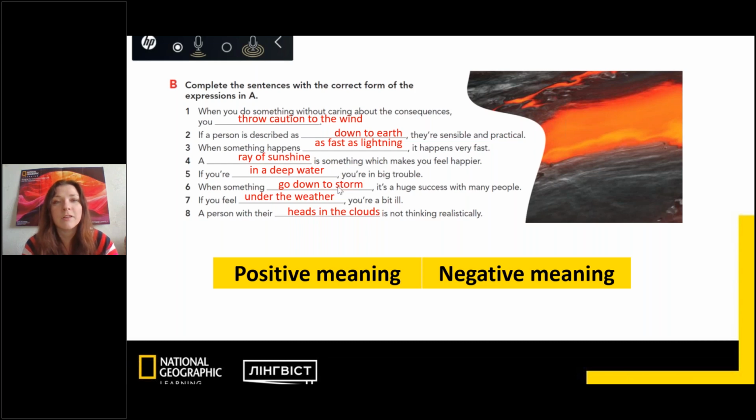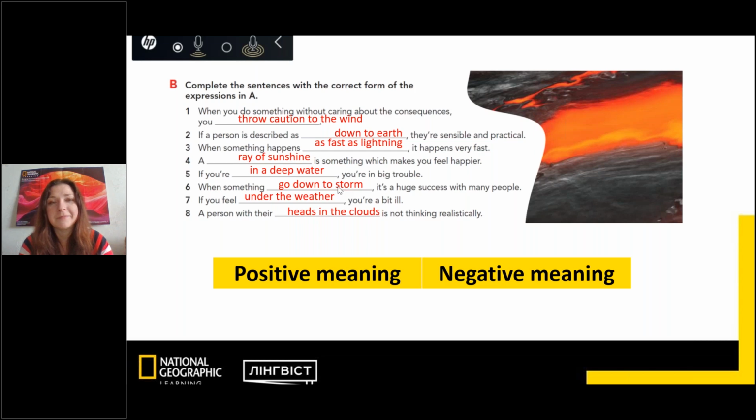To be in deep water. Yeah. Probably it has negative meaning, but after that, if you solve the situation, you can develop yourself. So maybe it has a delayed positive meaning. To be under the weather. This one is not good, right? If you are under the weather, you're not feeling good, you would like to stay at home probably, to sleep.